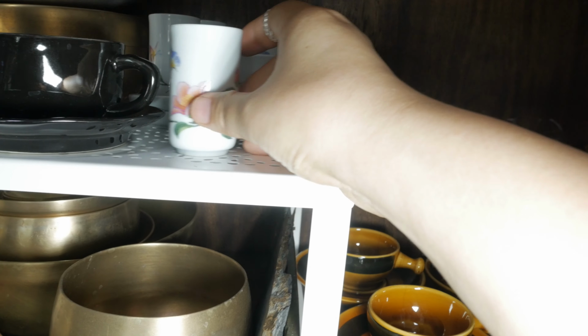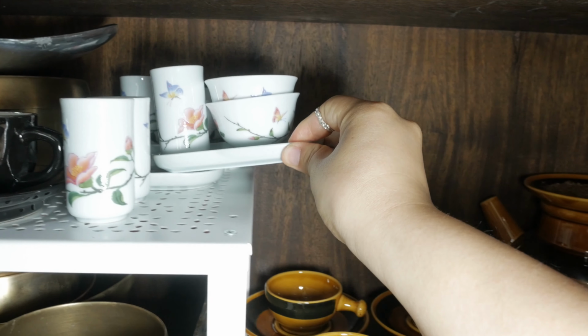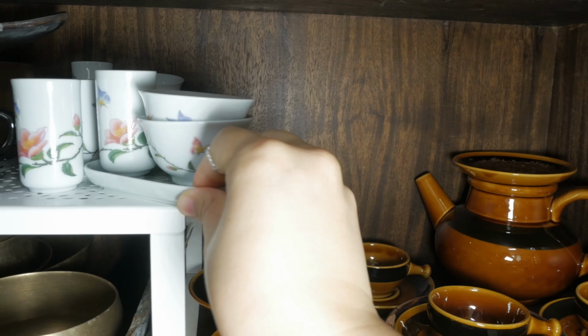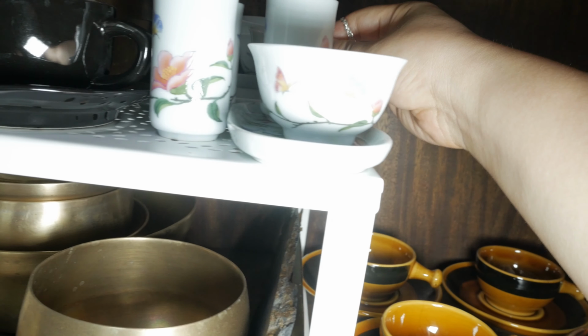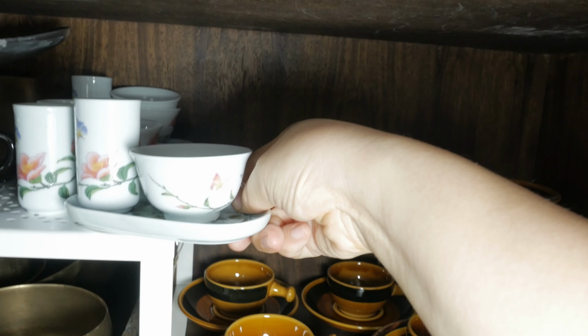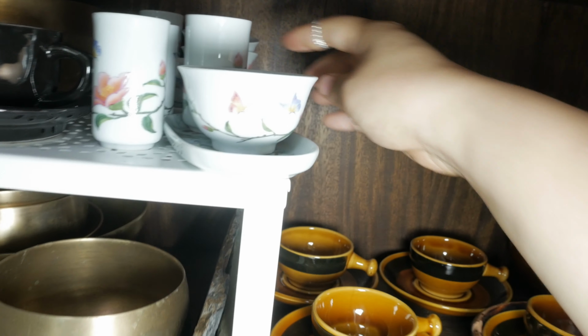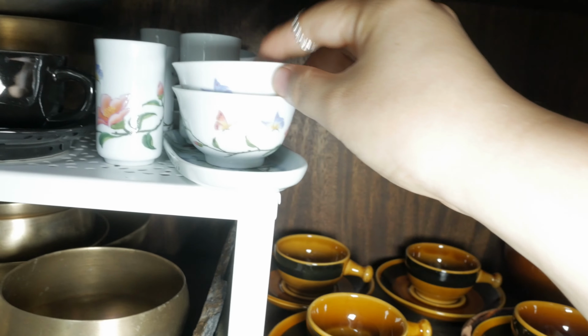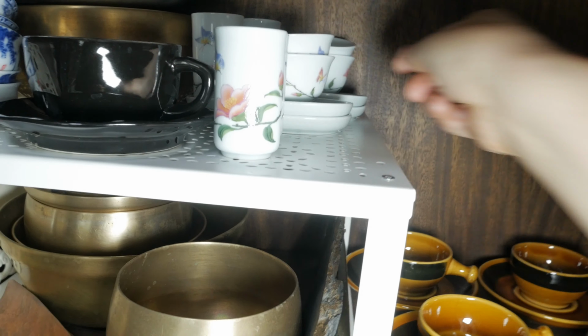And these are the Taiwanese teacup set, this set. For the longer teacup, you first pour the tea there,